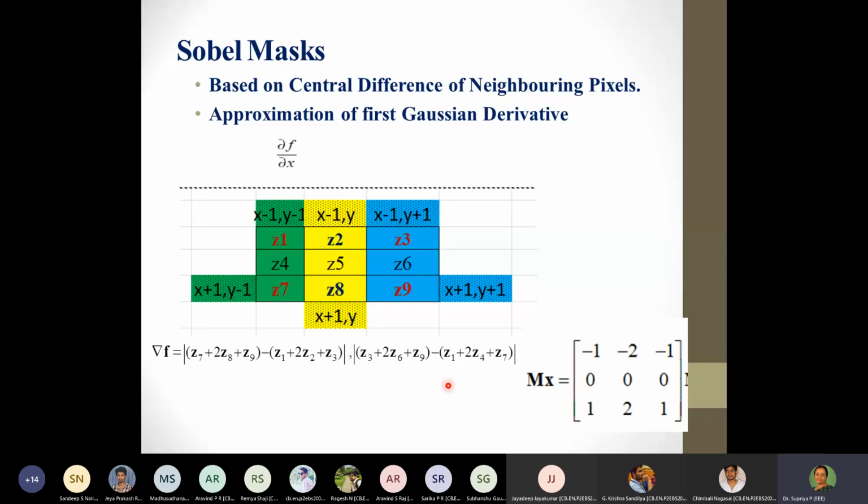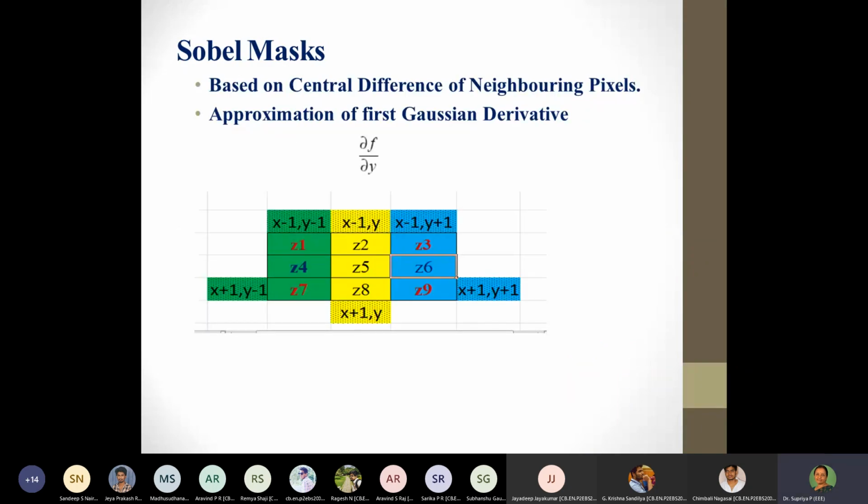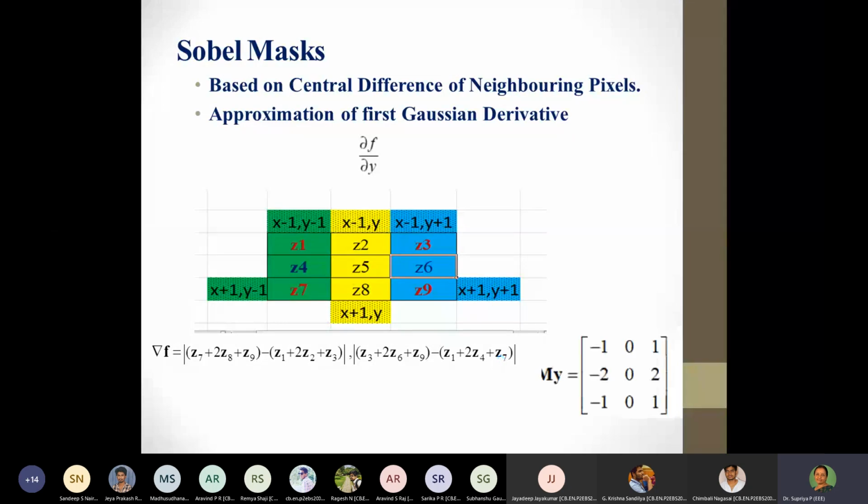Similarly, my would be in a similar definition. It would have values on this side. Here also we have seen the same difference. We have seen already my value has been obtained. We have discussed this particular case where we have said it's the difference of this set of values minus this set of values, which results in my, where this would be 1, 2, 1, and here it would be minus 1, minus 2 and minus 1. In this space, we have considered three specific masks, namely the Roberts mask, the Prewitt mask, and the Sobel mask.